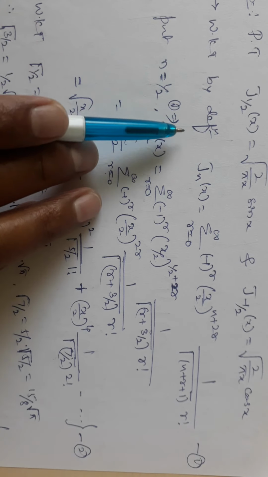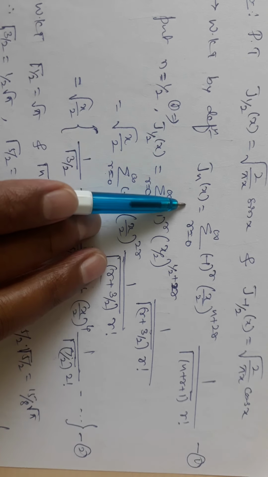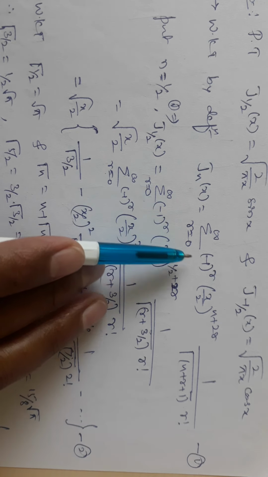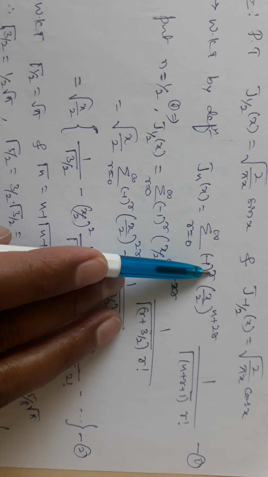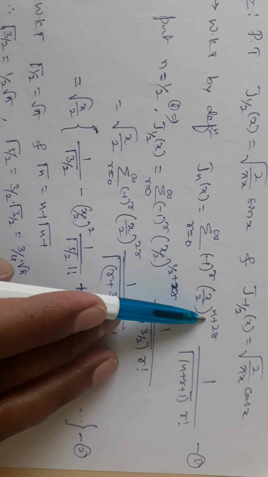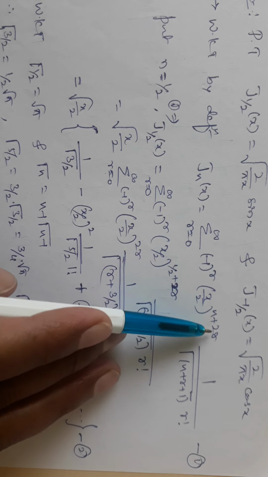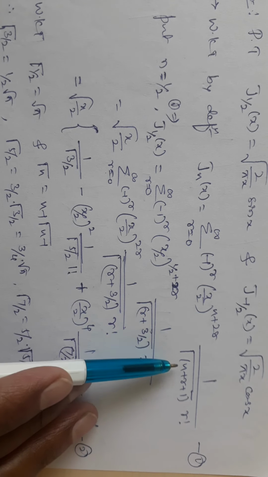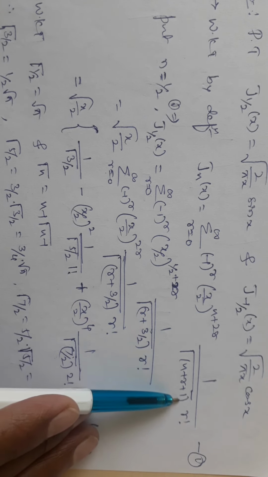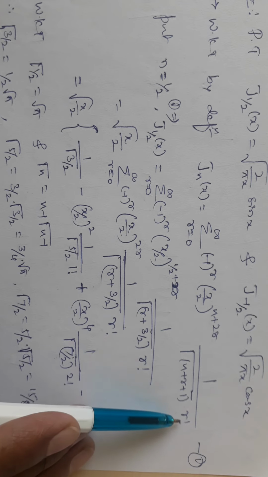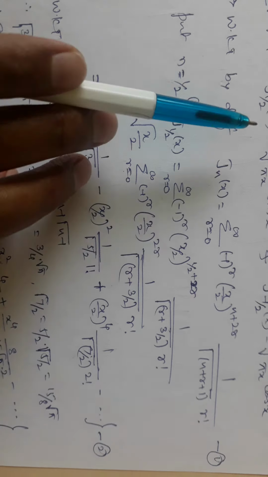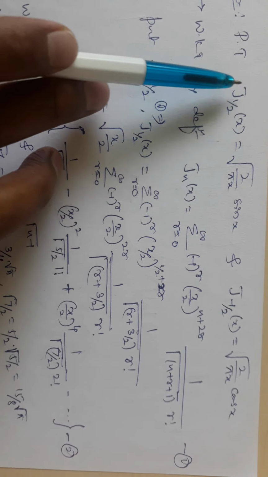We know that by the definition, Jn(x) equals summation r equals 0 to infinity, (-1)^r (x/2)^(n+2r) into 1 by gamma of (n plus r plus 1) into r factorial. We can call this equation number 1. Now to prove the first,